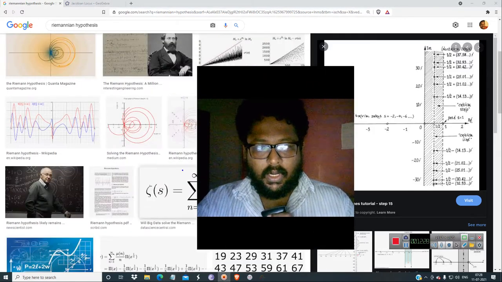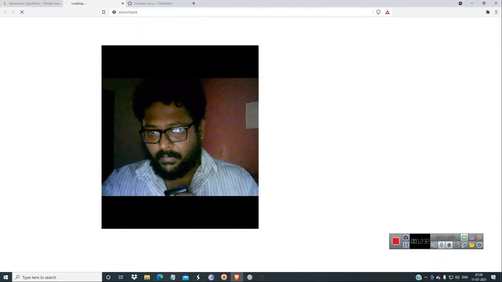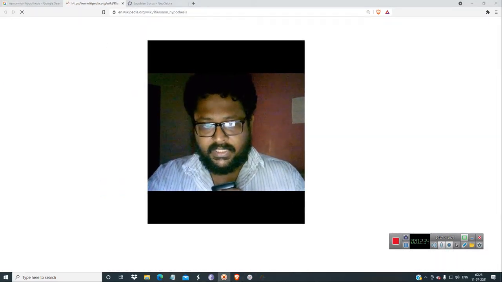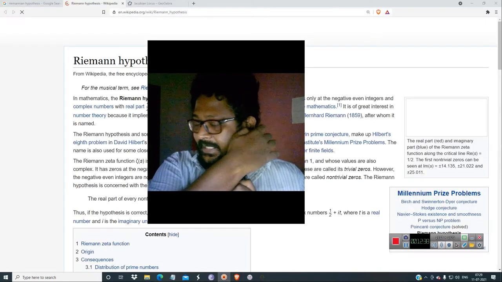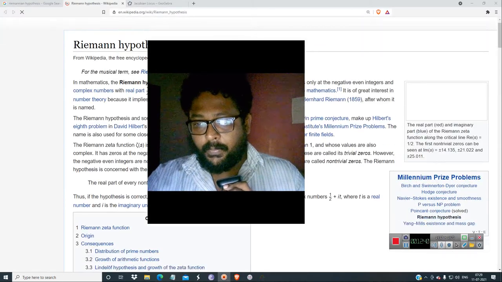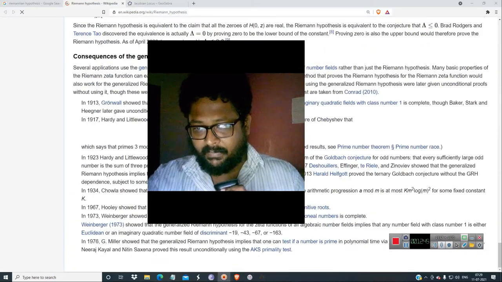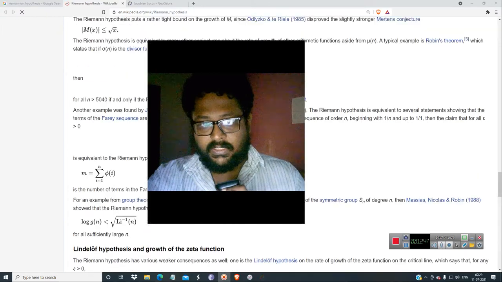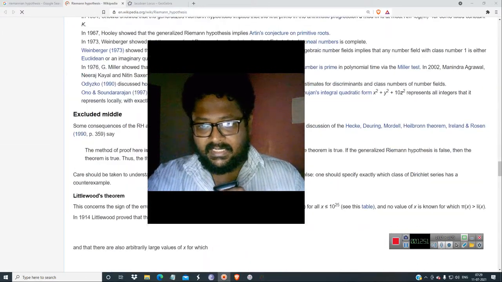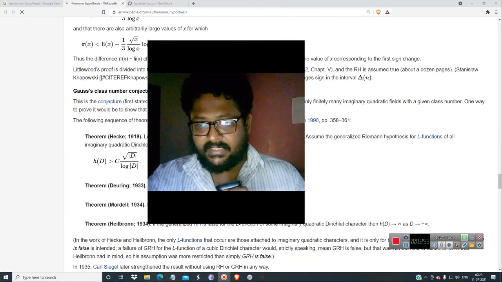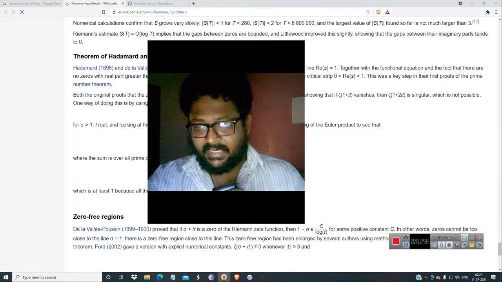In order to explain, there is also another significant example on this. What is this most significant example? For one zero and the other zero, the gap between them is the gap between the prime numbers. It is the same gap that exists between the prime numbers. The zero that lies on the critical step between the two points is the gap between the prime numbers. So these are the details I can give you so far.